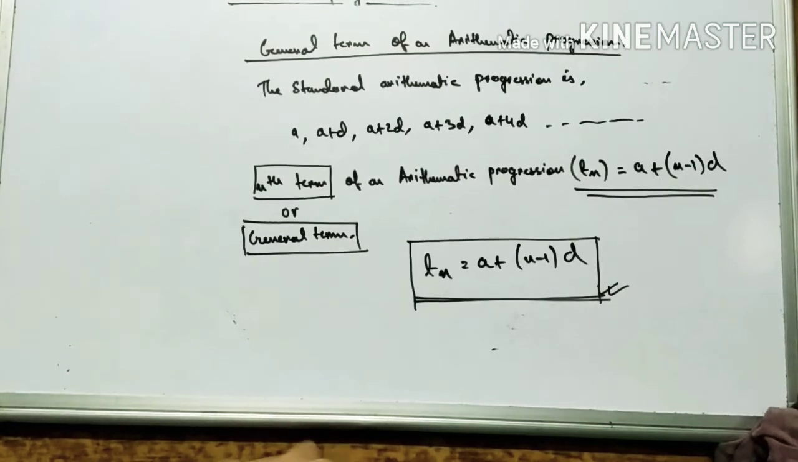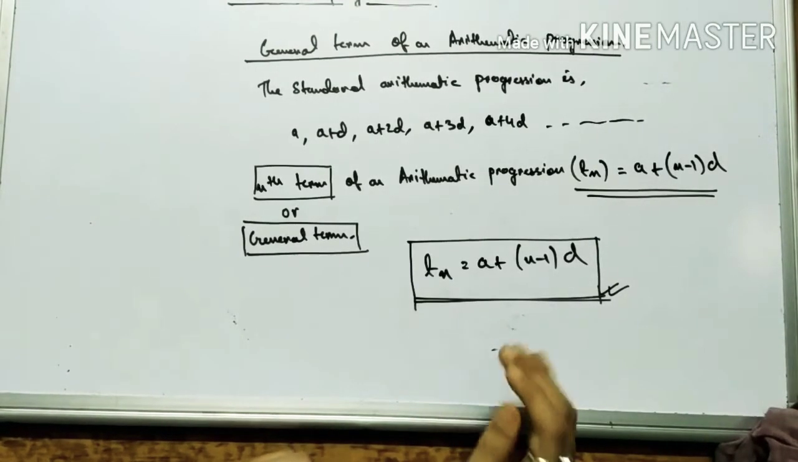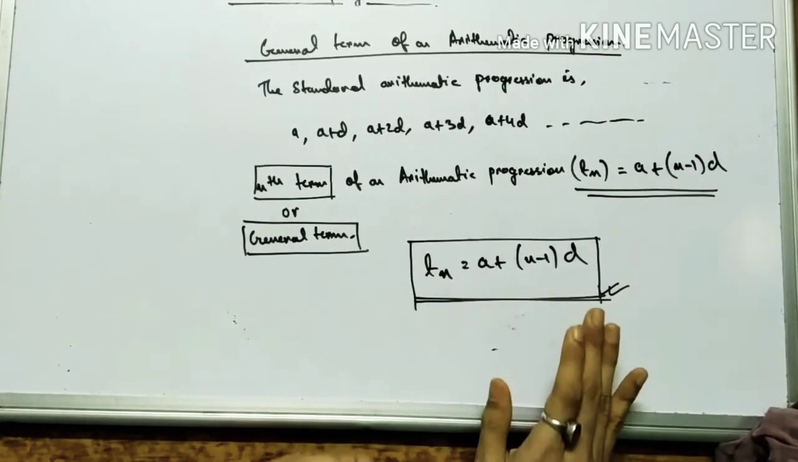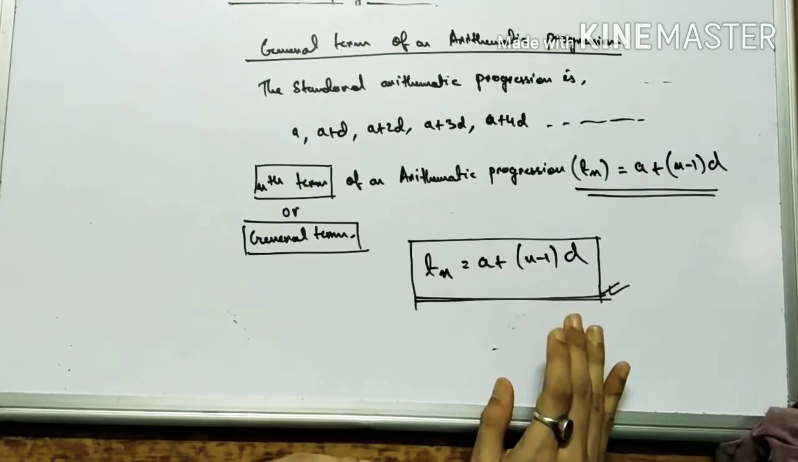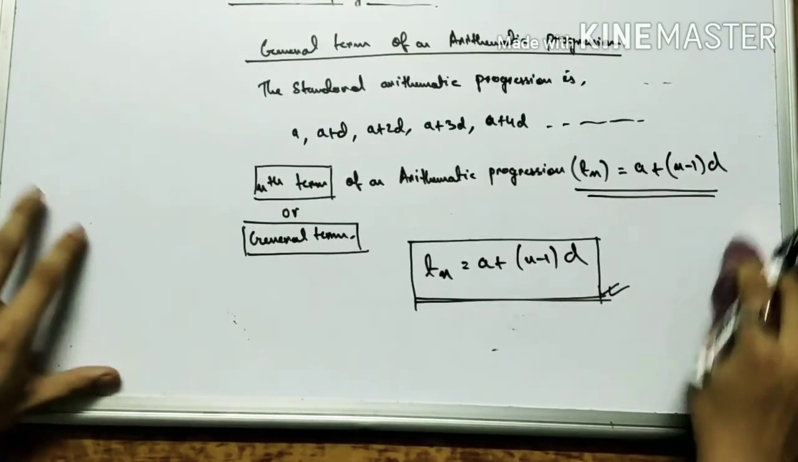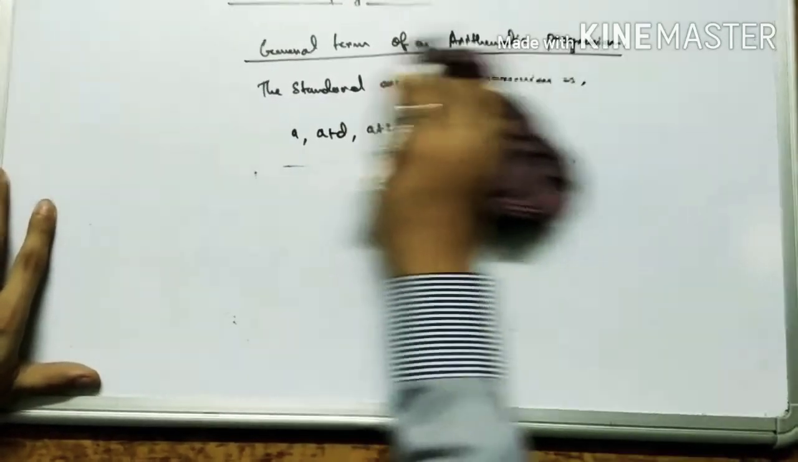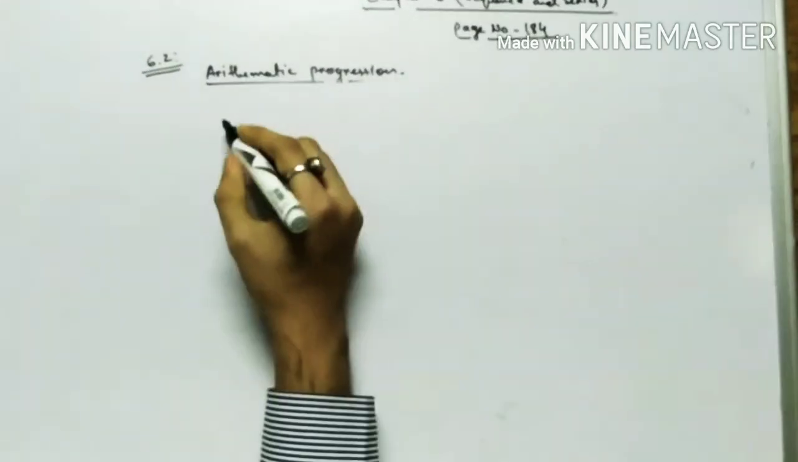Okay, very important. Now, this one you see. What is the need of this formula? Okay, what is the need of this formula? You see here, if I take an arithmetic progression, for example, you see